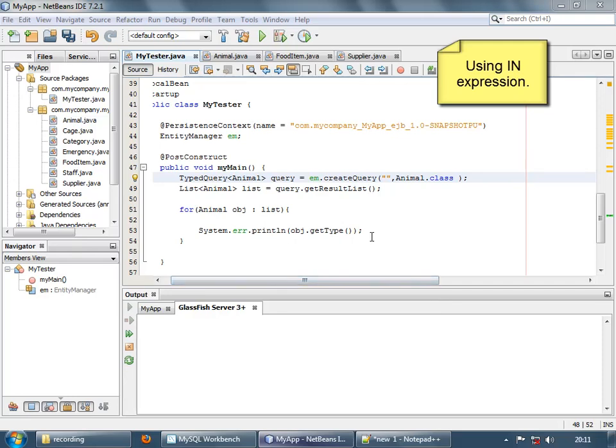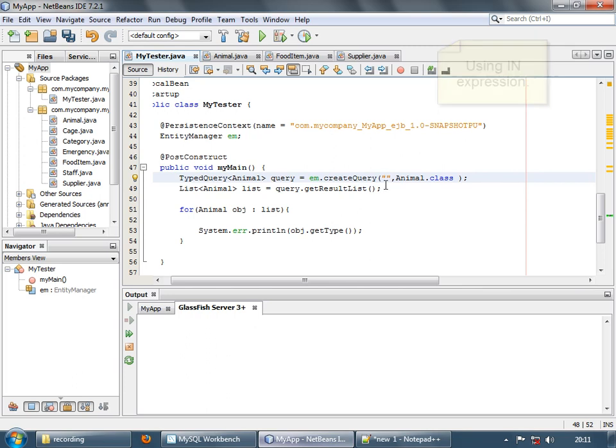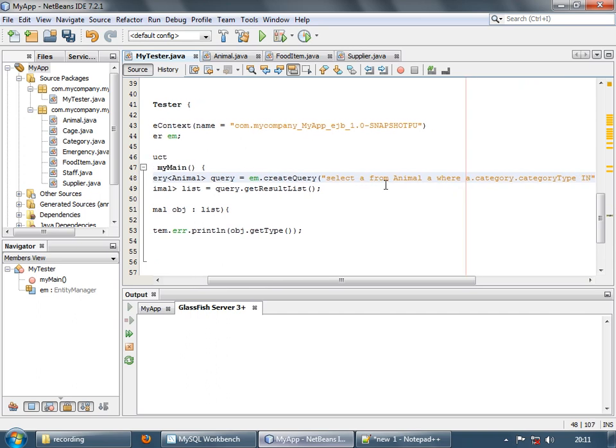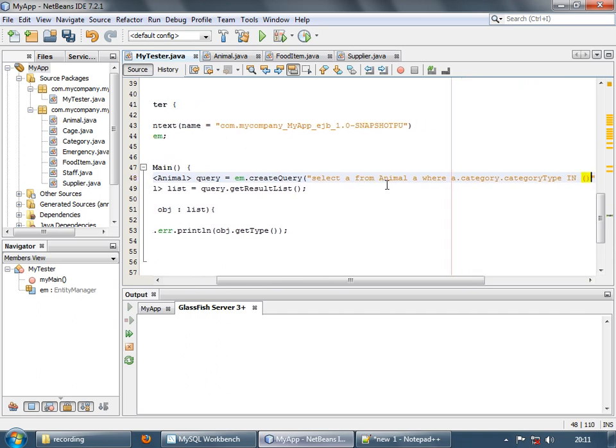Let's now use the in clause. Let's say we want to display all the animals who are either mammals or birds. So let's write the query. Select A from animal A, where A dot category dot category type, and we'll use the in keyword. In, so category type has to be either